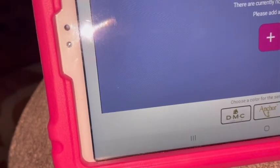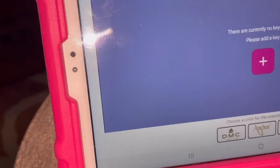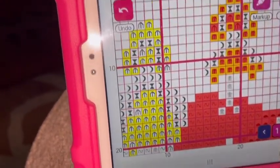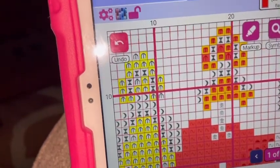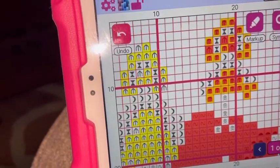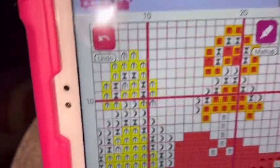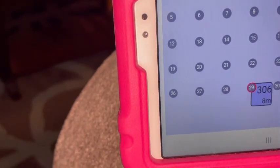And you can do so much more with this. You can put like a progress picture. You can set a key. I've never done it. I just refer to the paper, like, say I decide I'm gonna work on the hourglass, I'll just refer to the paper to see what the hourglass is. I've never messed with that, but yeah, so I did that and I found out because of that,